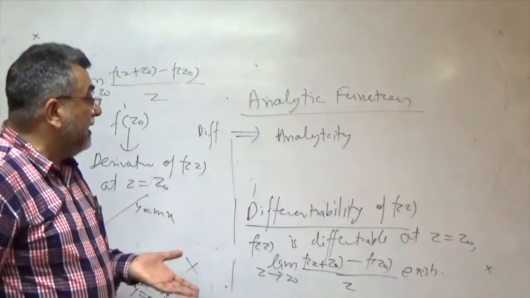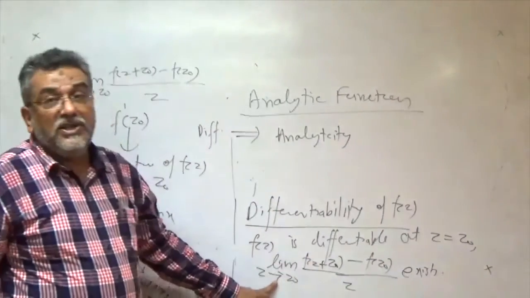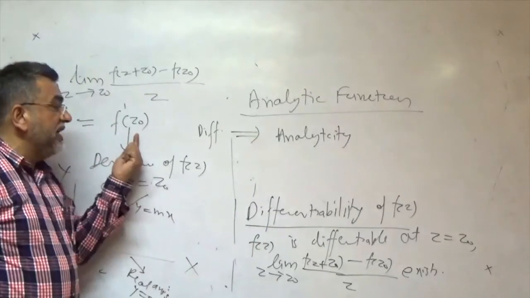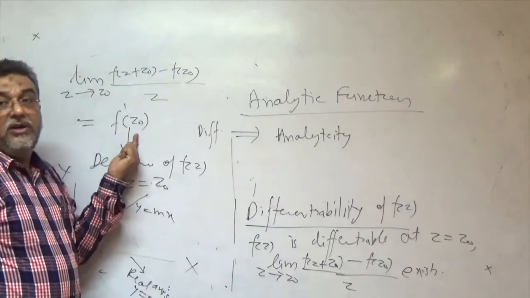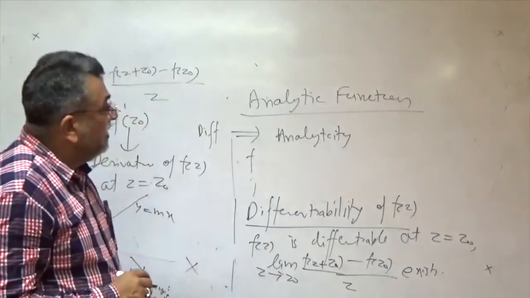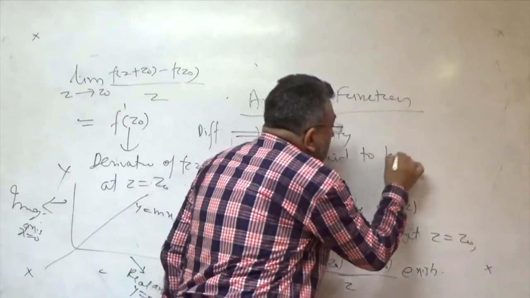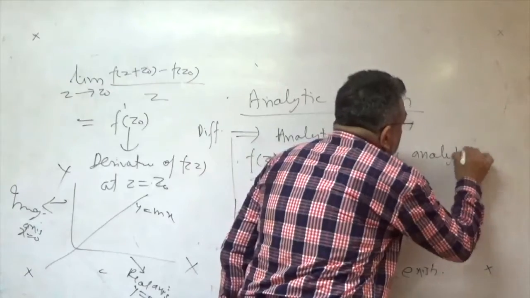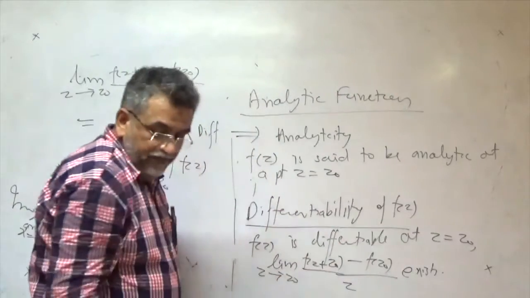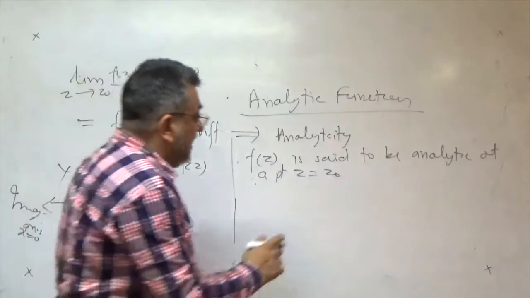What is the meaning? I have told you a function is differentiable at point z naught if this limit exists. Means if the function is differentiable at point z naught, then we have to say that f dash z0 exists or not. And for analyticity, what is different here? What is the advanced stage? A function f(z) is said to be analytic at a point z equal to z naught if